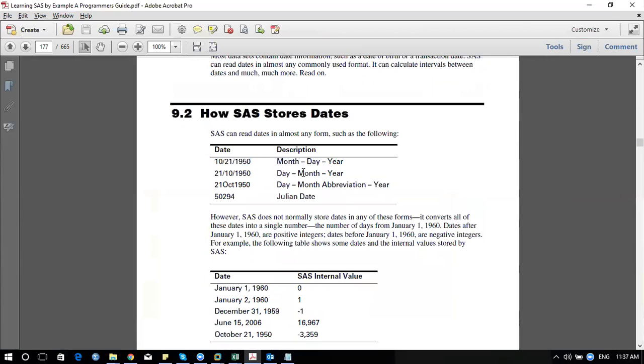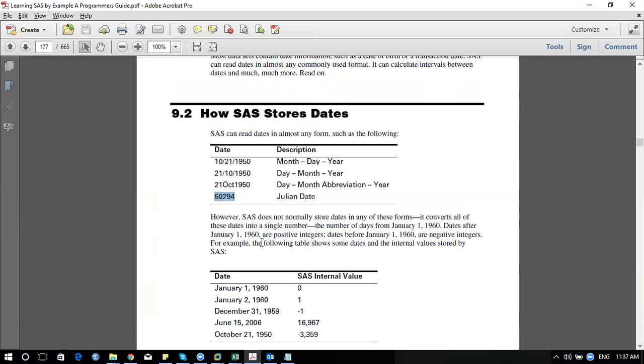Here we have day, month and year, which is nothing but the reverse. Again, here we have day, month abbreviation as in OCT, and year. This is nothing but the Julian date, which you get as a number date, your internal date, as we say. But this is not the internal date, it's a Julian date.